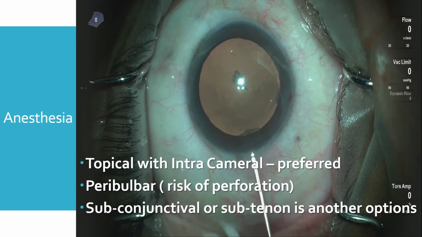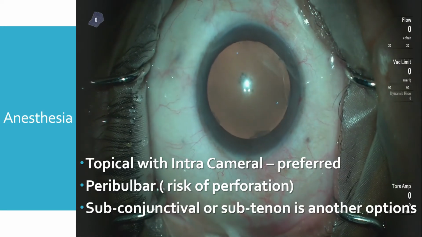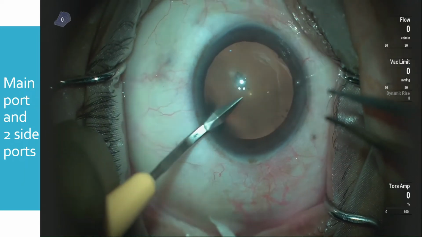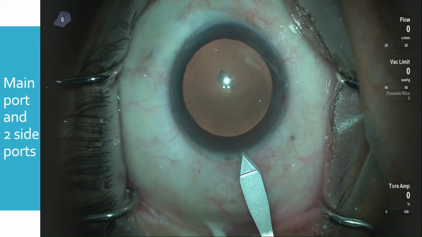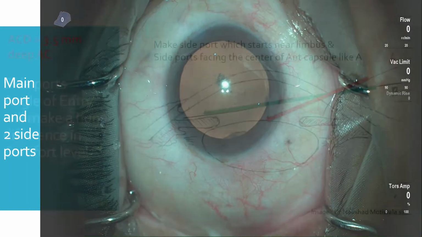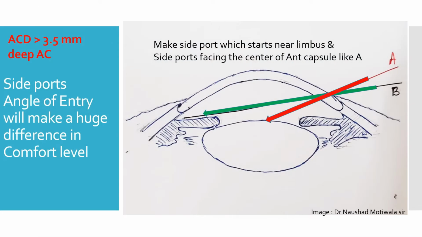This surgery is done under topical anesthesia. This is a 52 year old male patient with nuclear cataract and posterior subcapsular cataract. Surgery is not going to be difficult or different, but to avoid any surprises, we must do some things differently. So the first difference is to change the angle of side port entry.